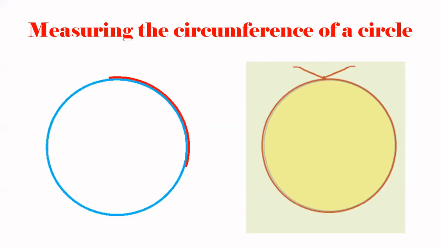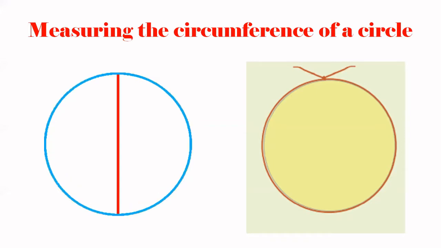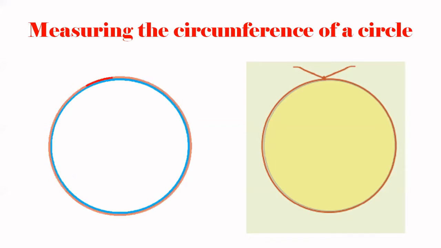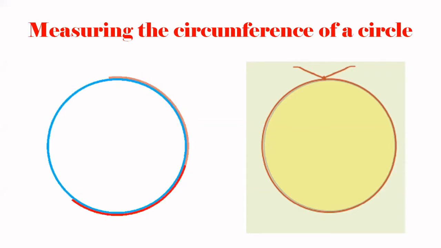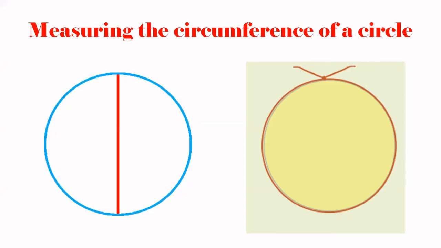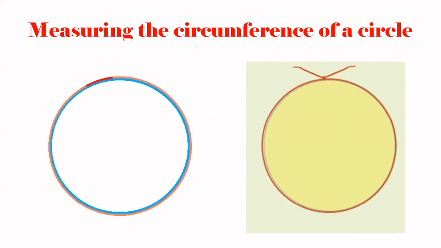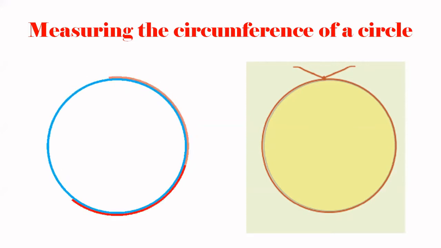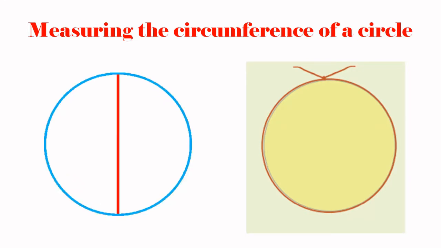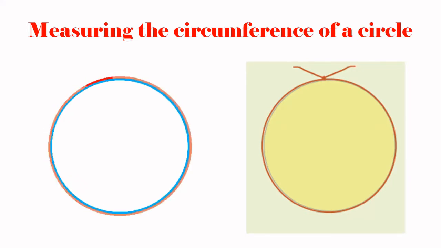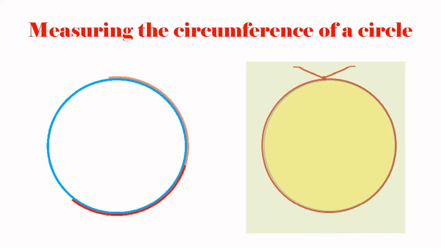When we talk about the perimeter of a square or rectangle, what do we do? Can you remember? When we find the perimeter of a square or rectangle, we add all the sides. Length around the figure is called as a perimeter. If there's a square, we add all the 4 sides. If there's a rectangle, we add all the 4 sides. Opposite sides are equal. There are 2 equal pairs.